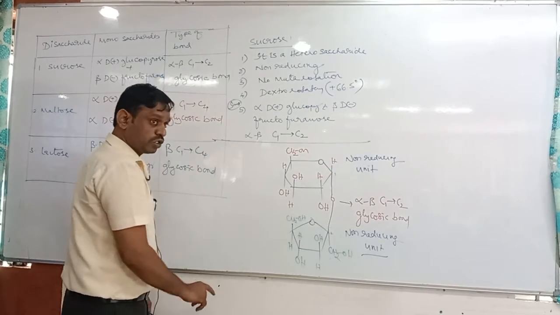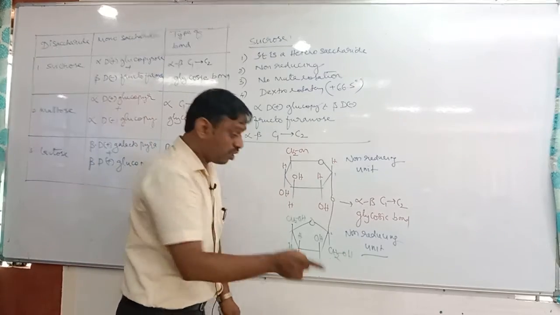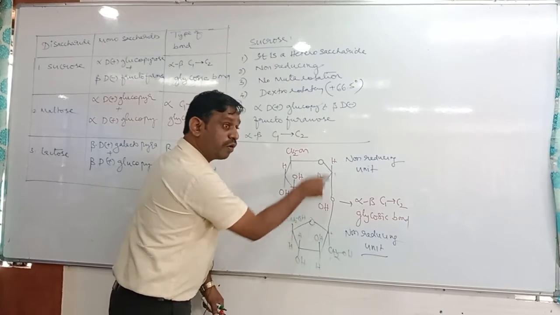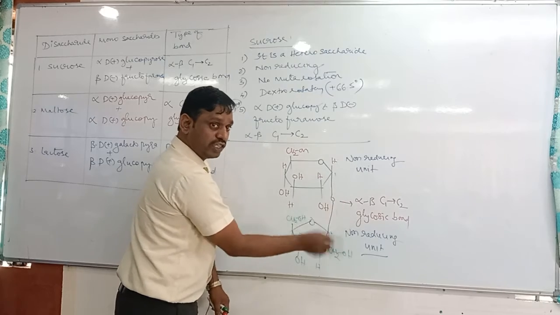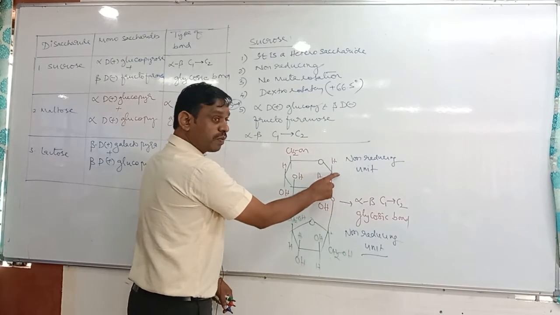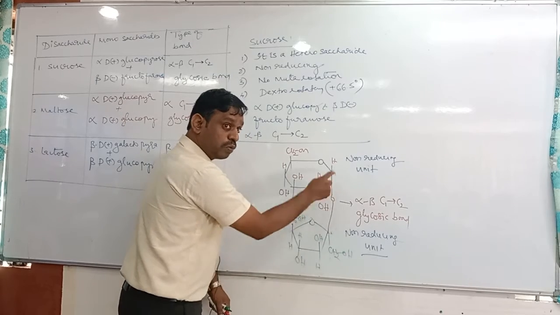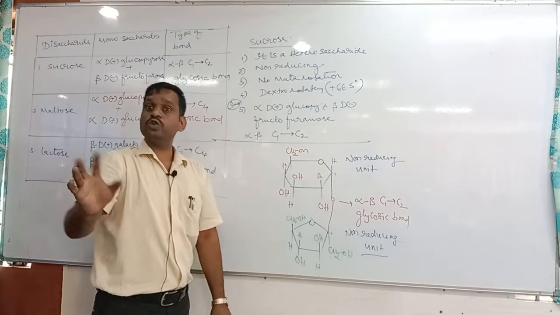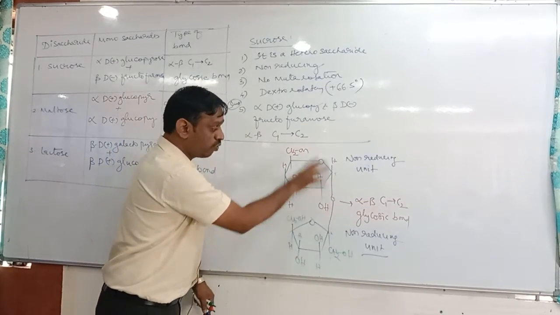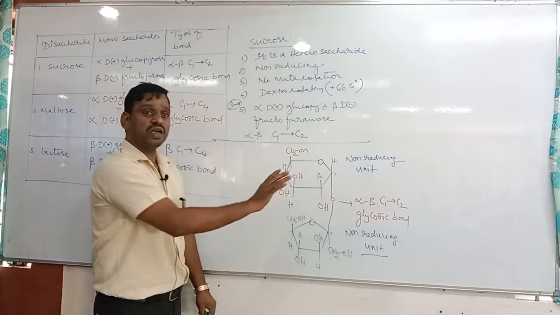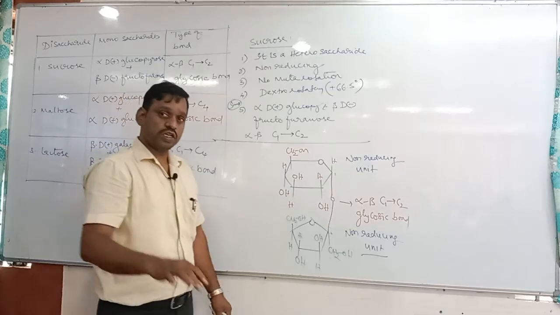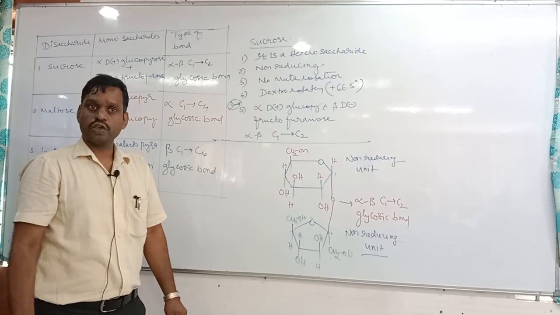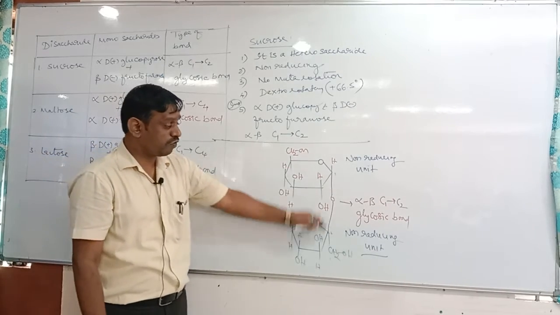Similarly, in case of fructose, fructose can be assigned alpha or beta because of the second carbon OH, not the first carbon. Do you remember? But the second carbon OH is involved in bonding, so it is fixed. It cannot be interchanged. Here the first carbon OH, here the second carbon OH. Actually both are anomeric carbons, and both anomeric carbon OH groups are involved in bonding. Since they are involved in bonding, they are fixed. Therefore, alpha and beta is not possible. If I ask whether sucrose is alpha or beta, it is neither alpha nor beta. It's simply sucrose. You cannot say alpha or beta because the anomeric OH are not free.